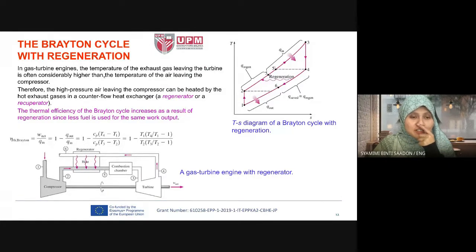So the gas turbine engine also can add a regenerator. The temperature of the exhaust gas leaving the turbine, temperature T4 here,